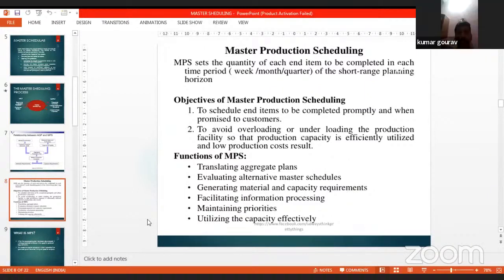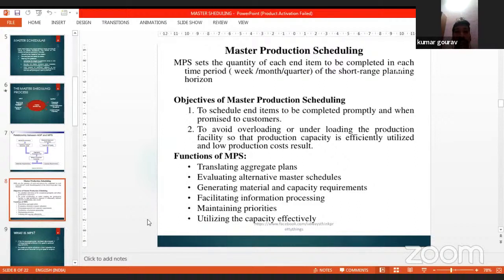Yes, ma'am. Master production scheduling. MPS sets the quantity of each end item to be completed in each time period, week, month, quarter of the short range planning horizon. Objectives of master production scheduling. Firstly, to schedule end items to be completed promptly and when promised to customers.